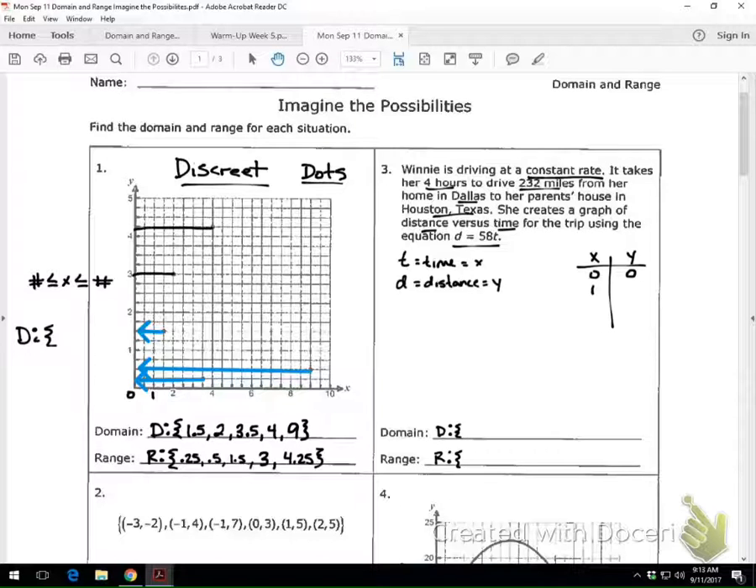Take a wild guess. 58. How'd you do that? It's in the equation. 58 times 1 gives me 58. Okay, so after 2 hours, how far has she gone? 116. After 3 hours, how far has she gone? 174. And 4 hours,